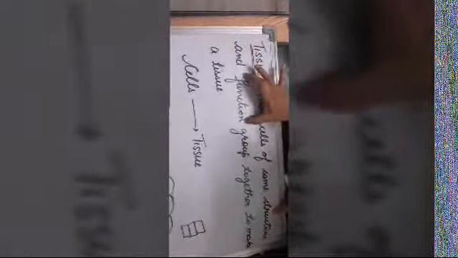But you have to keep this in mind that the cells must be of the same structure. Structure means their shapes should be the same, and also their function, meaning their work, should be the same. For example, if I say this is one cell and this is a second cell, because both the cells have the same shape, they can group. However, if this is one cell and this is another cell, these two cells cannot combine to form a tissue because they have different shapes and their work is also different.